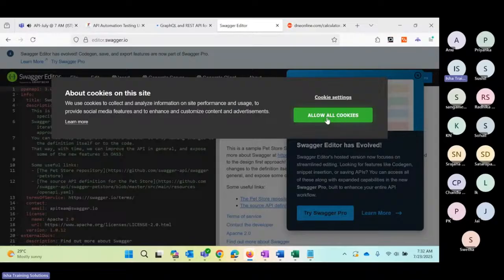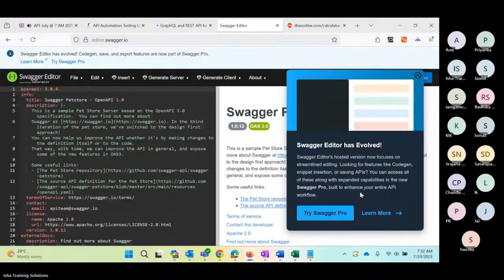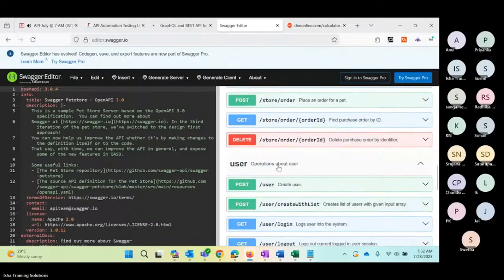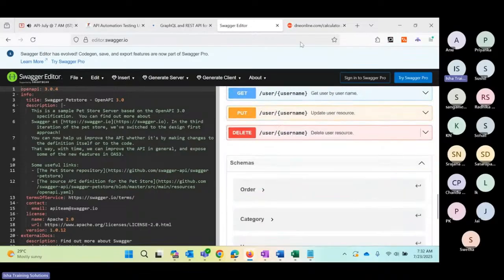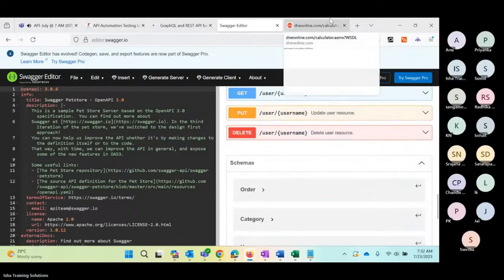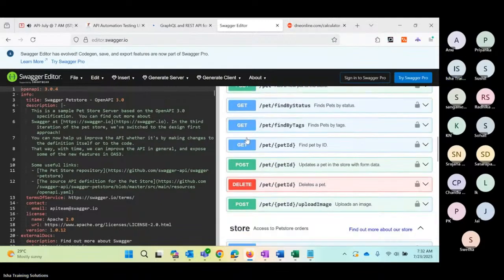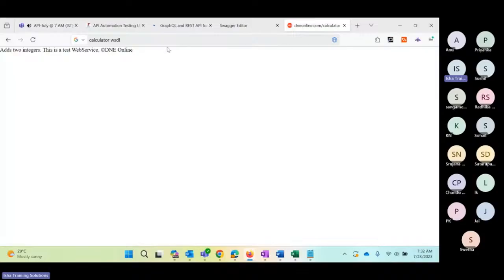Then this is my second project. And you can see here the APIs are available. You see all the color codes, put, post, get. So how do we test all these APIs using Postman? That's my Swagger project. I mean, I'm giving an example. The project might change, but that's how they look like. Then this is another one, which is, okay,